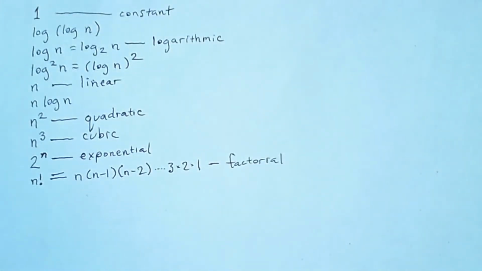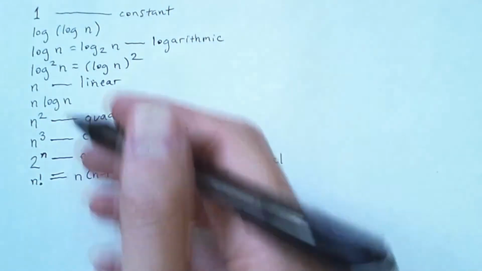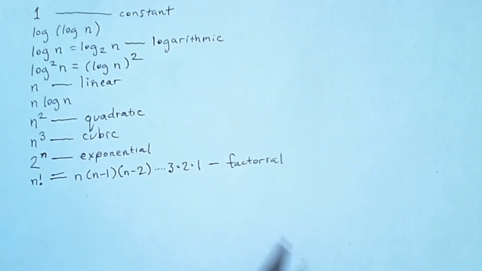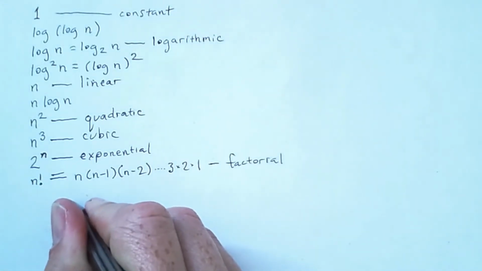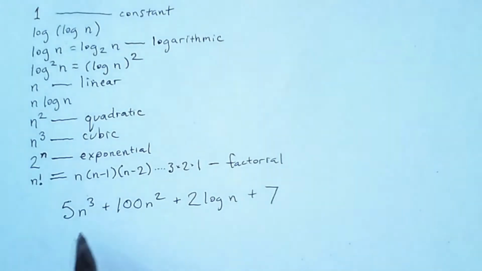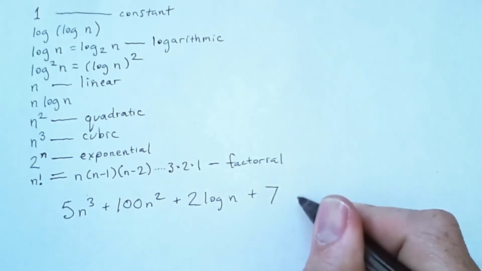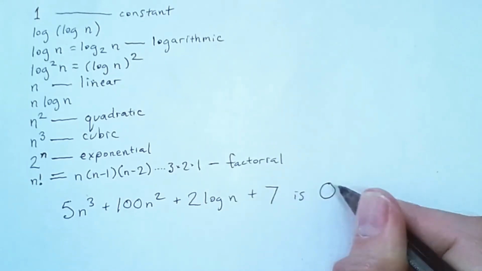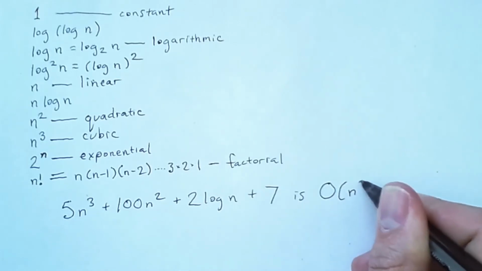So given this order, what it means is that if we write out a function that contains several of these sort of functions as subfunctions, all we need to do is focus on whichever one is largest. And also we can ignore coefficients. So if I have a function like this, this function contains n cubed, n squared, log of n, and a constant term. But this is big O of n cubed,